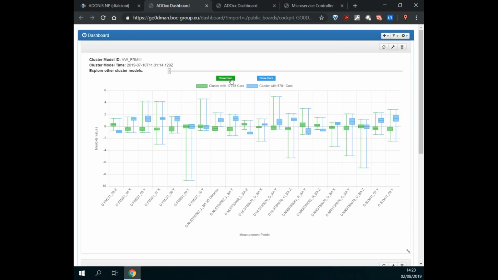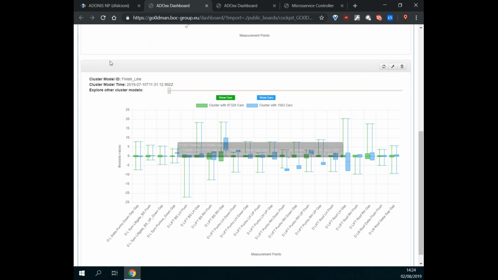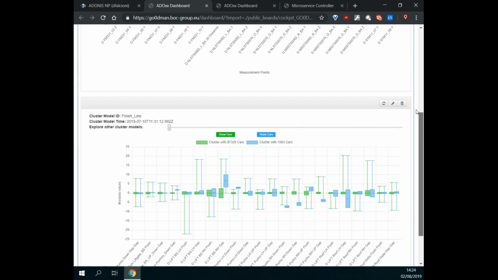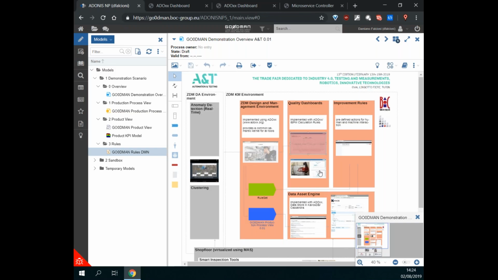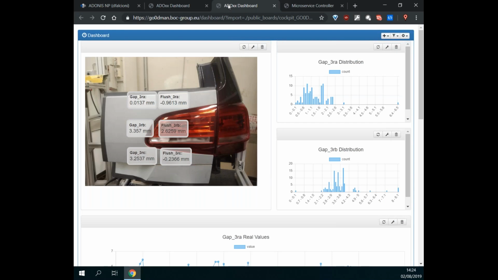Of course, we can visualize the IDs of all the cars, and in this case they are cars, and this will mean that for a specific part we can identify a problem or not based on this information. The cluster model can be visualized also over time and over specific testing lines. So in this case, we have two cluster models for two stages of production, the finish line and the FRMII. The second visualization is based on the product view, and in this case, we can visualize a dashboard